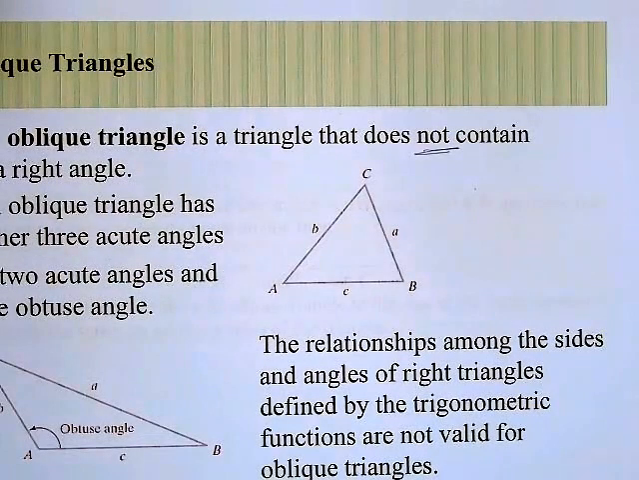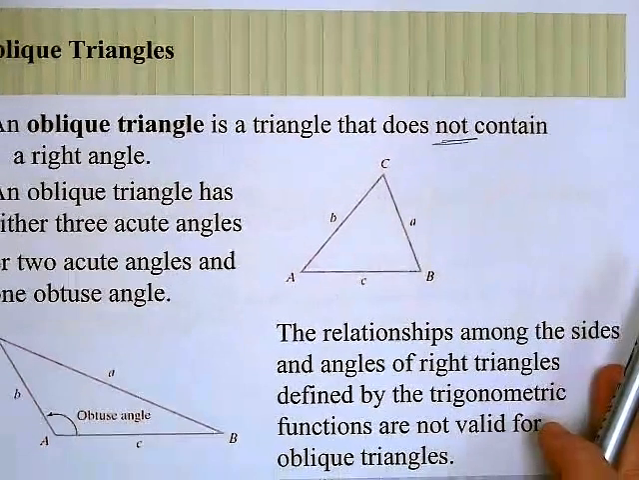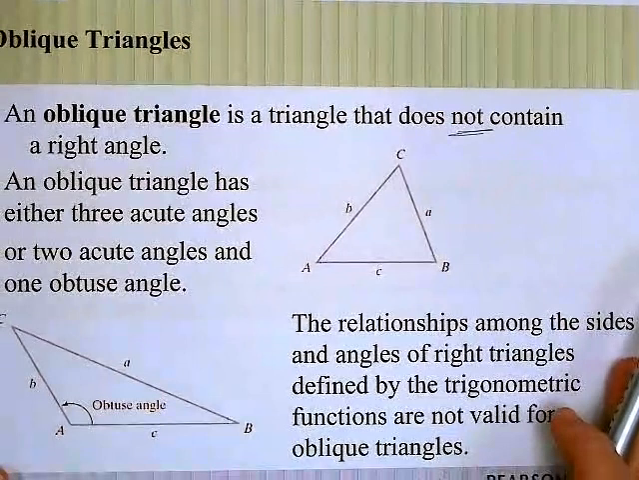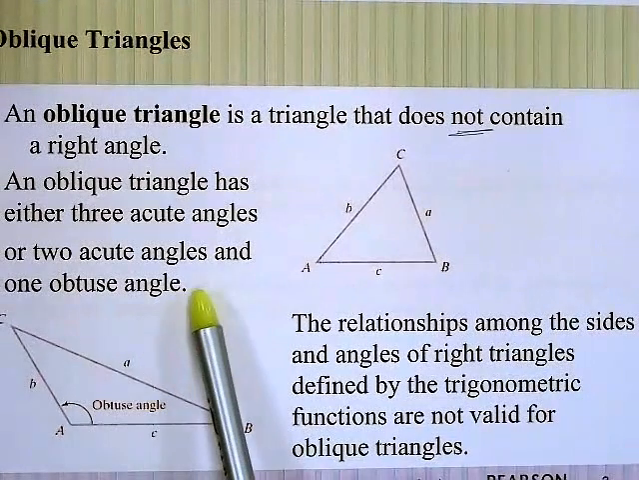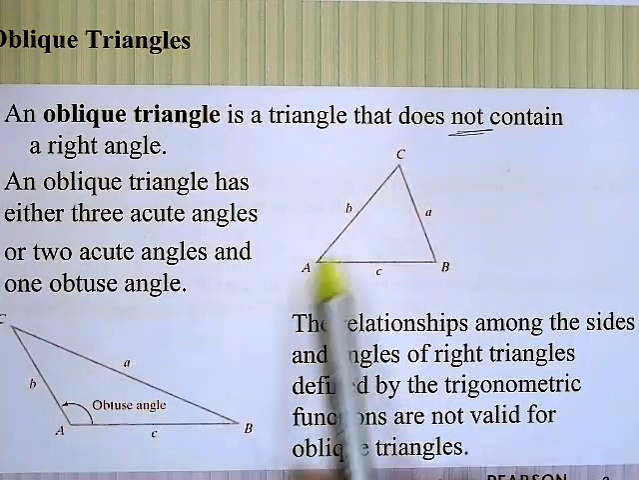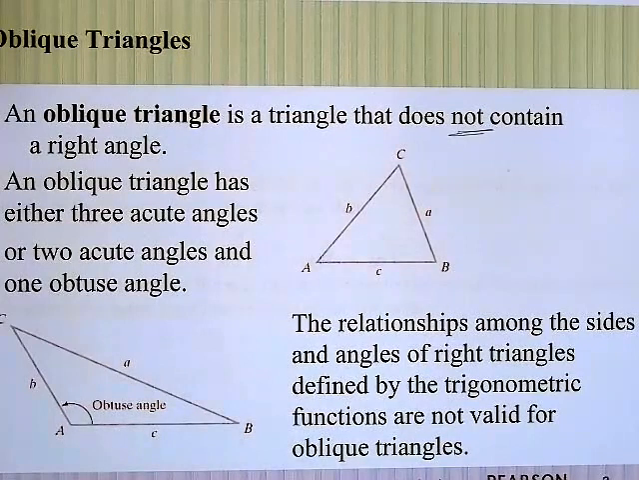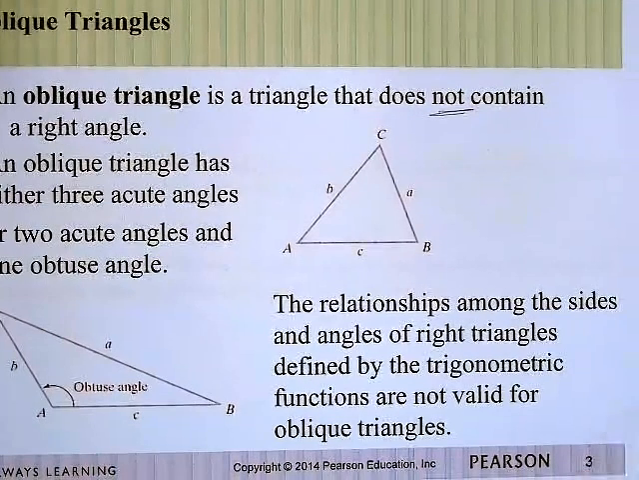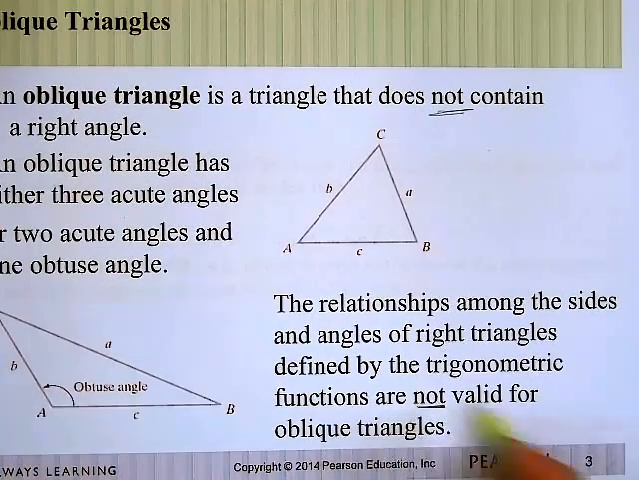First of all, an oblique triangle is one that does not contain a right angle. An oblique triangle has either 3 acute angles or 2 acute angles and 1 obtuse angle. These are examples of an oblique triangle. The relationships among the sides and angles of right triangles defined by the trig functions are not valid for